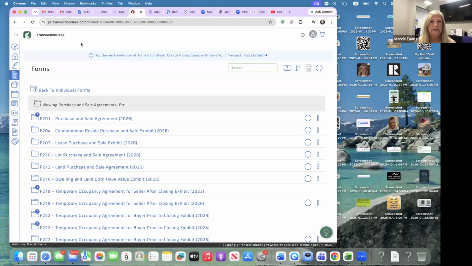So I'm going to show you, first of all, I like Transaction Desk, right? So in your forms, and I'm sure you could do this in Remine as well, if you use Remine. God bless you if you use Remine. Anyway, I'm in Transaction Desk under forms